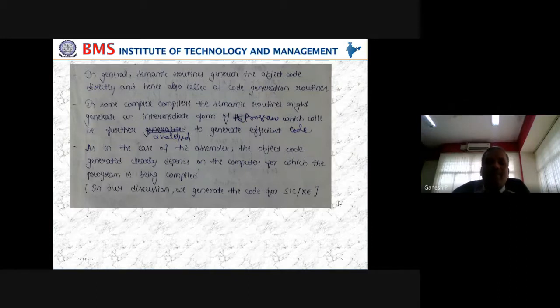Depending upon the type of architecture and the underlying programming language, those languages will be used as a medium so that we convert programs into those codes.